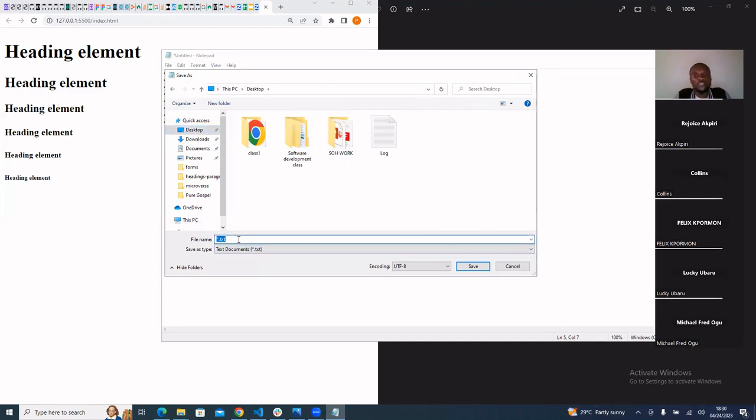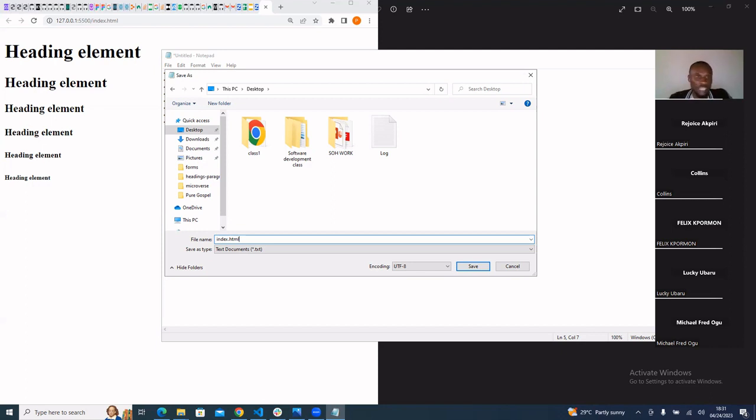If I want it to be displayed on the web, I need to save it as index. Please take note of this. Index.html. That is the convention. Just as well, if you want to save your Microsoft Word document, you save it in .doc. Want to save your PDF document, save in .pdf. The same thing for JPEG documents, for PNG documents. When you want to save documents that you need the web to understand that this is for you to use, it must be saved in